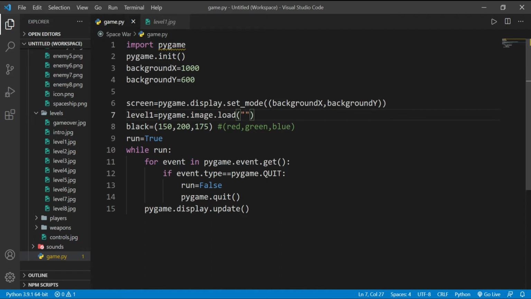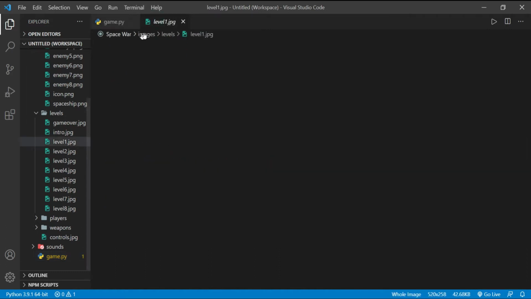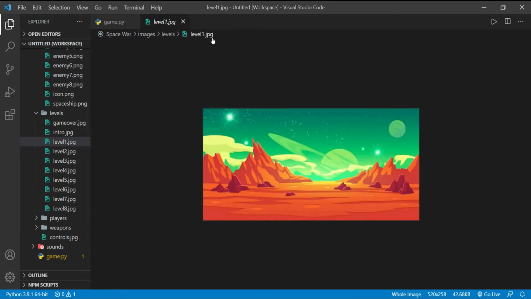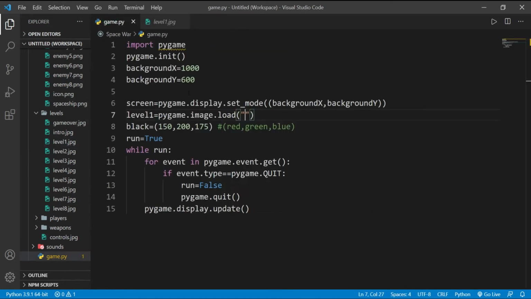location of your file. So let me show you the location of this image, which is images and then levels and then level1.jpg. So I'm going to write this here as images and backward slash levels and then again backward slash and level1.jpg. So this is the location of our image,